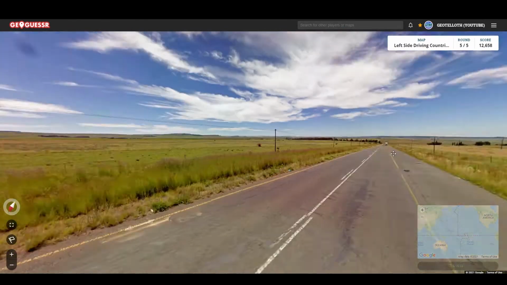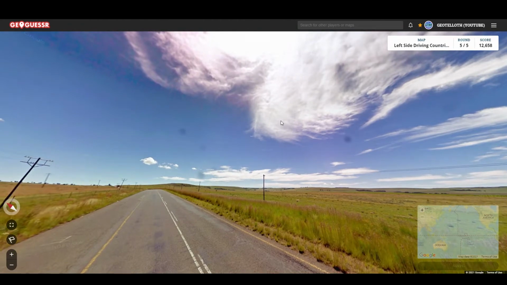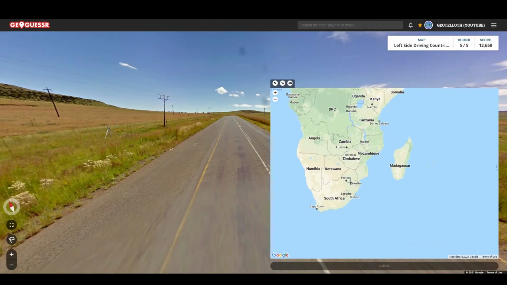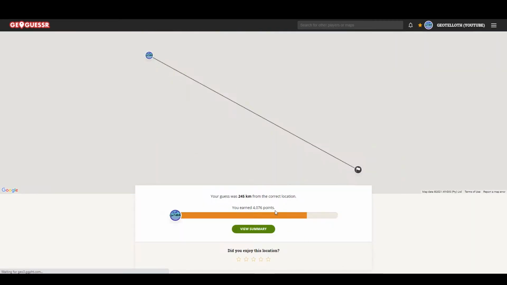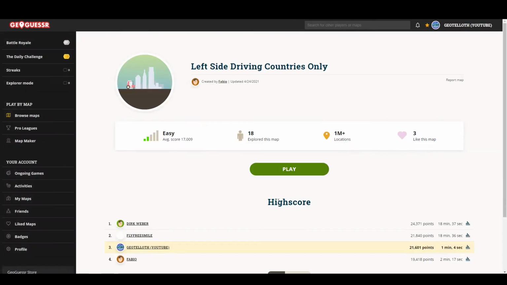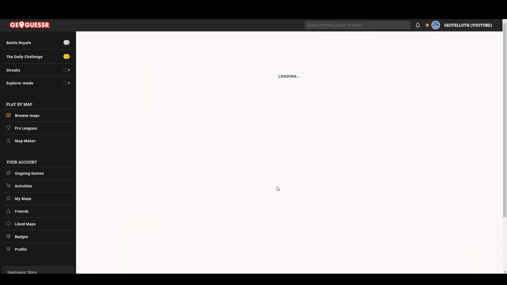Okay, and I think we're again in Southern Africa, which is a pity because I was hoping to show you some new areas, but we're just going to go into South Africa. It looks like we might have the halo, so we're going to go there, and we were correct. Okay, let's play through again and see if we can get some more left-hand driving countries that we haven't seen yet. The ones that I'm hoping will come up are,